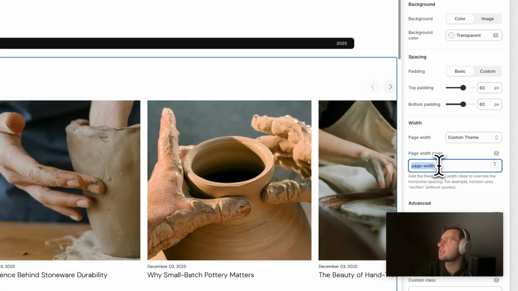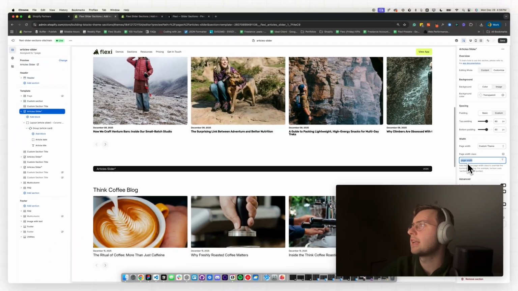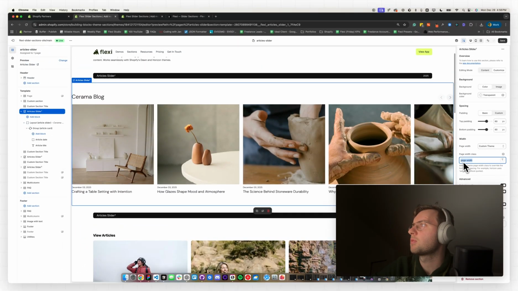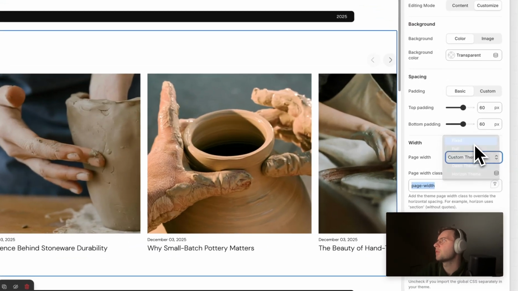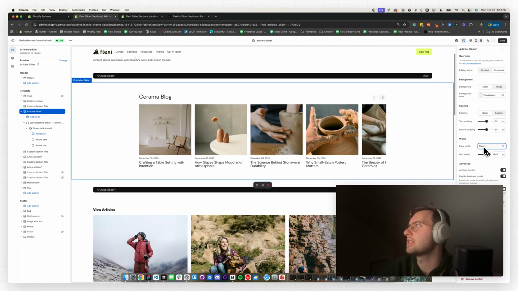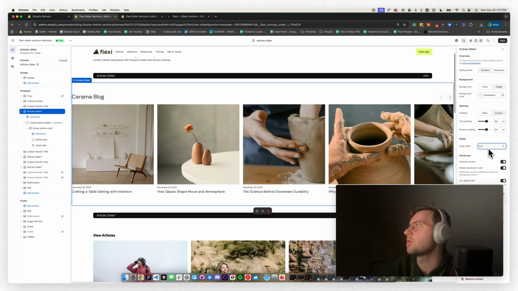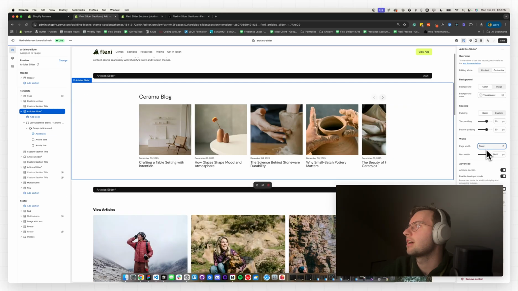If you're using a custom theme, you can inspect your theme, and if you know a little bit of code, you can add in the correct class name so that it perfectly aligns with your theme page width. If you're not a developer, you can gladly reach out to our support and someone will help you with that spacing. But by default, we just have it set to fixed or full, just so that it spans a nice